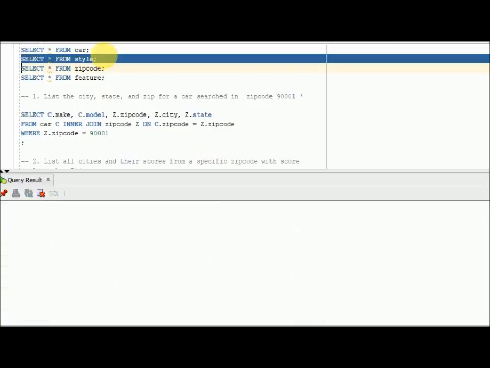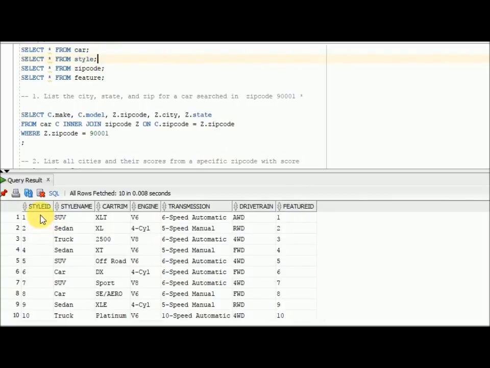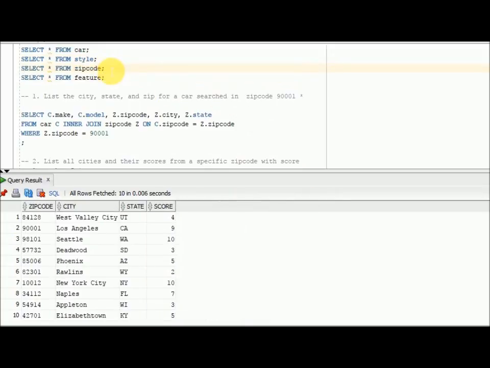We have a style table with different styles uniquely identified with an ID, and name, trim, engine, transmission, and drivetrain, and that's associated to a feature table. We have a zip code table with unique zip codes and their city, state, and a score, which is sort of based on the car price in that area. So multiplying a standard car price by a score would give you a geographically